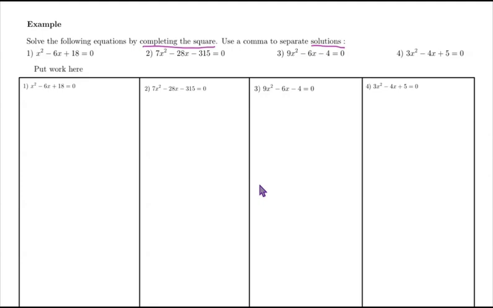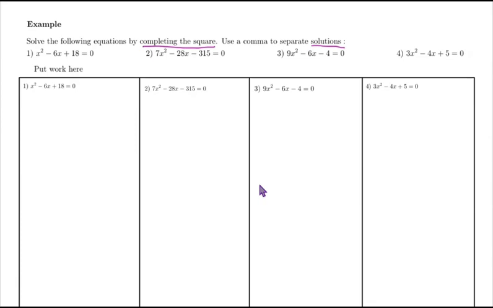If it's not 1, then we would divide both sides of the equation by the coefficient of the quadratic term. That's the quadratic term. The coefficient is 1, so we can go straight to the next step, that is isolating